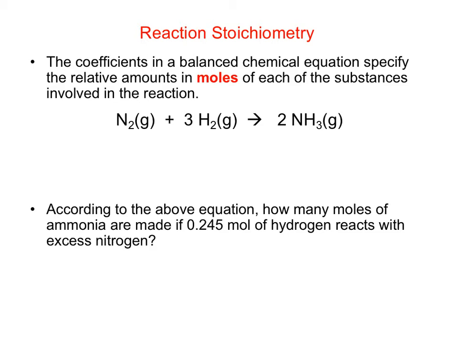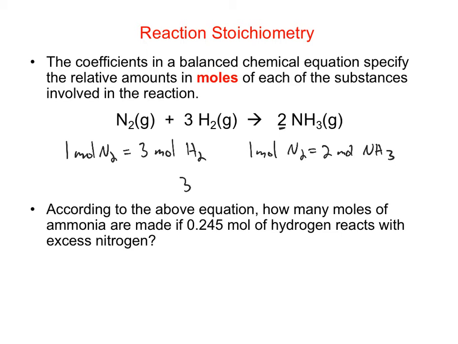And so I can say, right, I know there's a 1 to be understood in front of the nitrogen, in front of the N2. I can write how all of these are related to one another. I can say that 1 mole of N2 is equivalent to, or will react exactly with, 3 moles of H2. Or I can say 1 mole of N2 is equal to 2 moles of NH3. Or I can say that 3 moles of H2 is equal to 2 moles